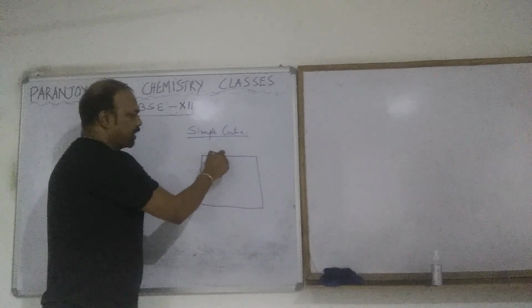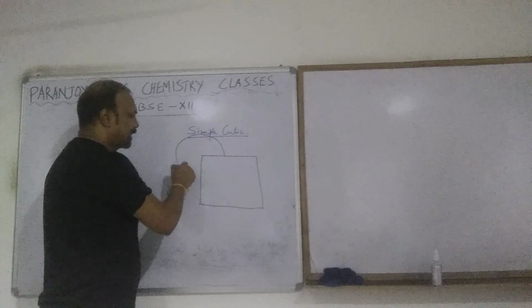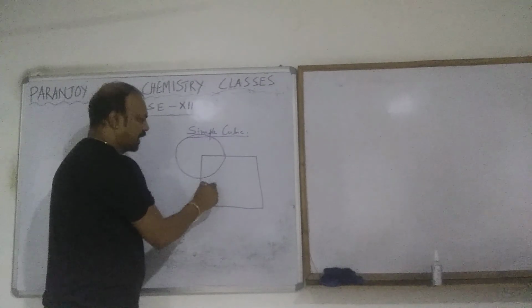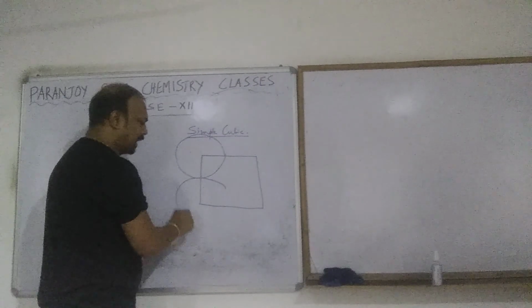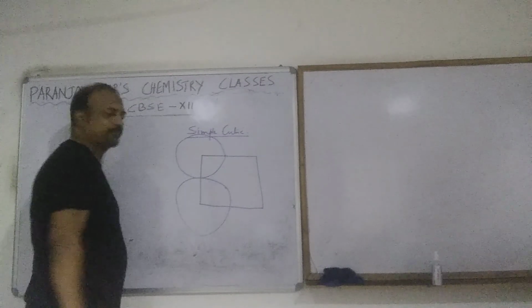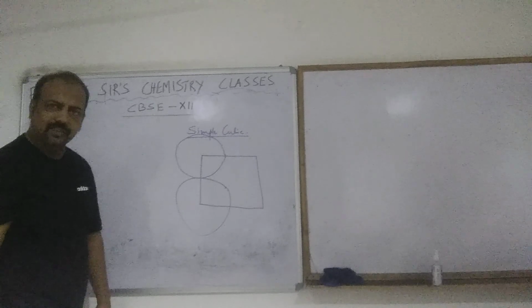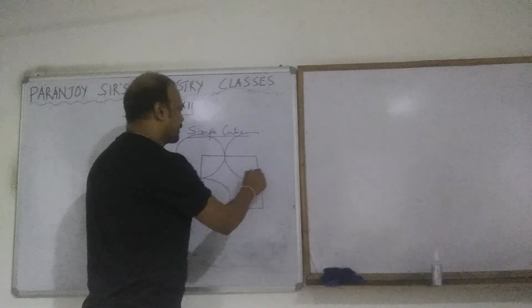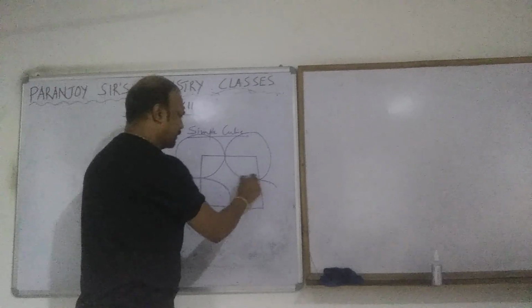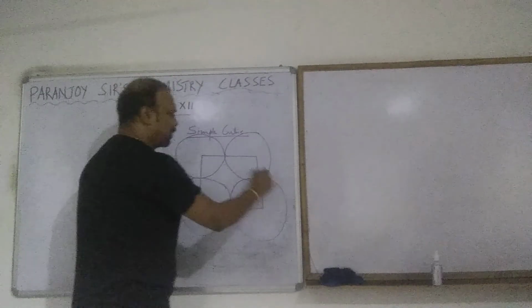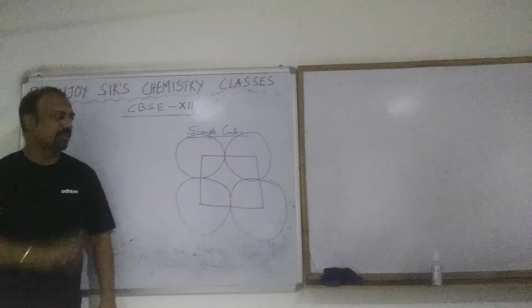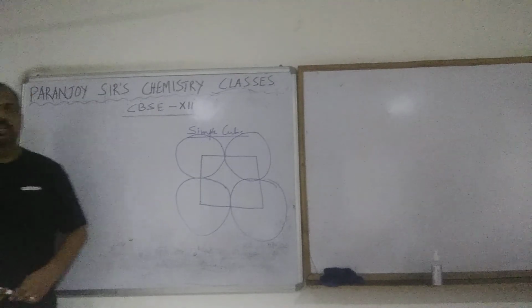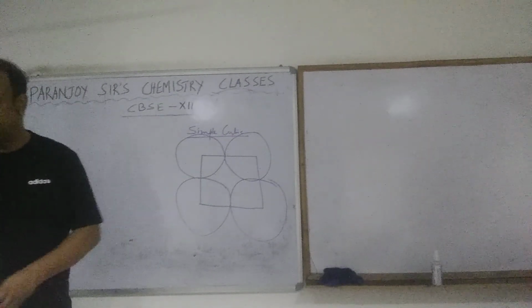So obviously I am drawing 2 dimensions. You can understand that these are actually spheres, but I am drawing circles. But while calculating, I will calculate it as spheres. They are all tightly packed, so obviously they are present like this. I hope you understood this. This is the arrangement of simple cubic if you look at it from the face.